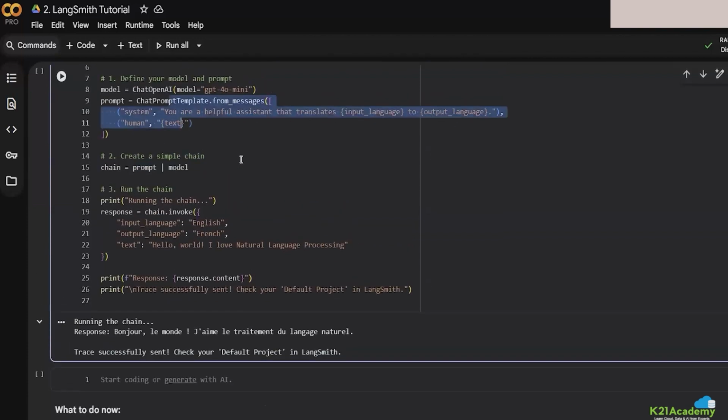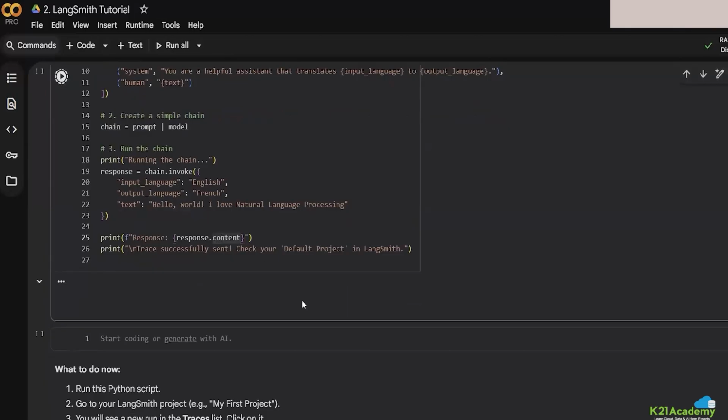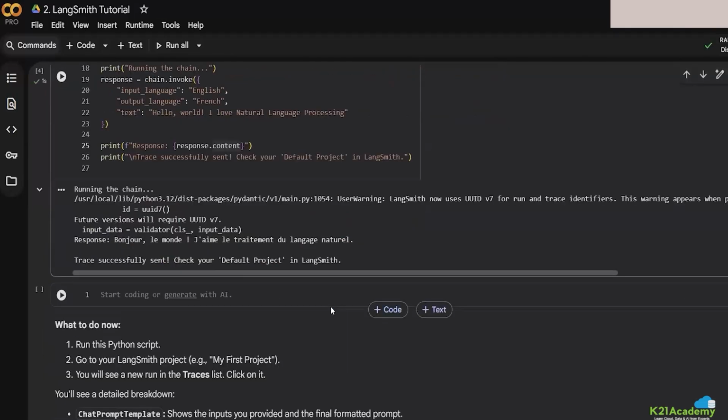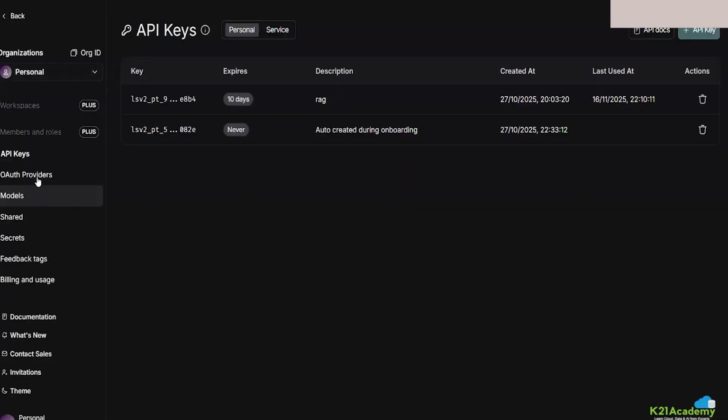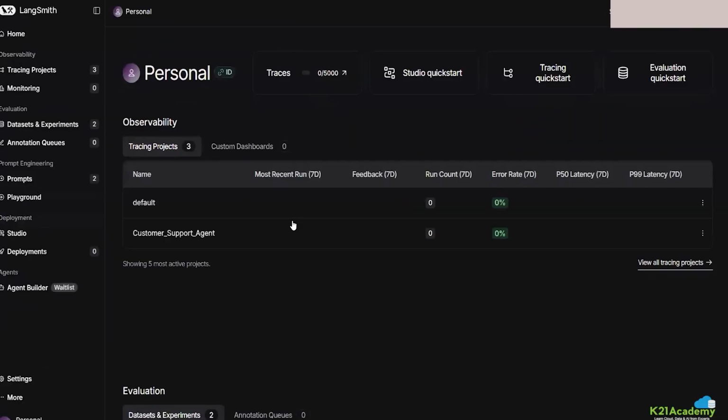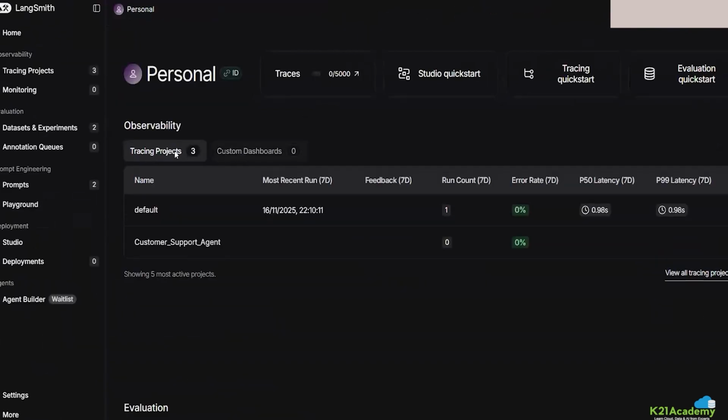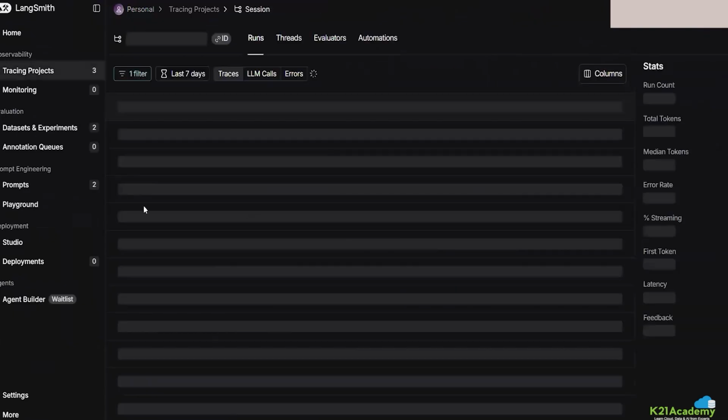So this is a simple prompt where we want to translate a given sentence from English to French. Right, so that is what the chain is invoking. Let's do this. Yeah, so this is the response and the trace is sent to the default project in Langsmith. So now let's go to Langsmith. Go to your main page, tracing projects. Click on this tracing projects. You see this default project. So click on this,